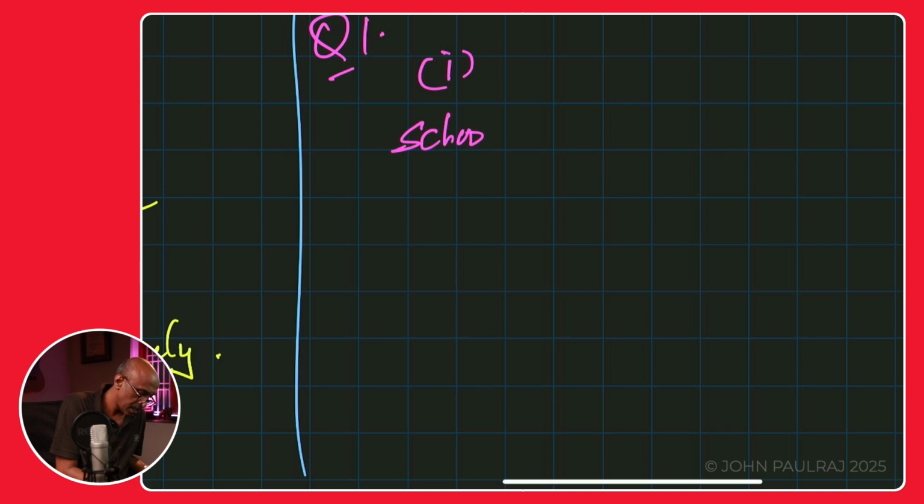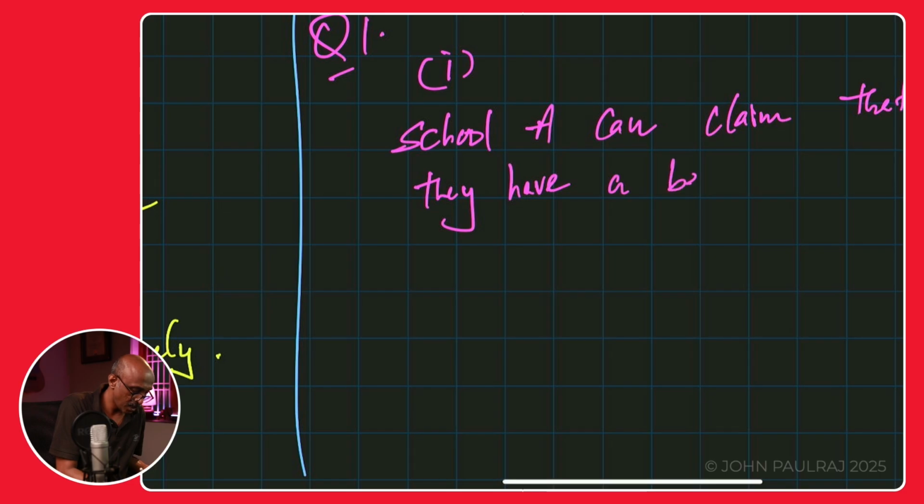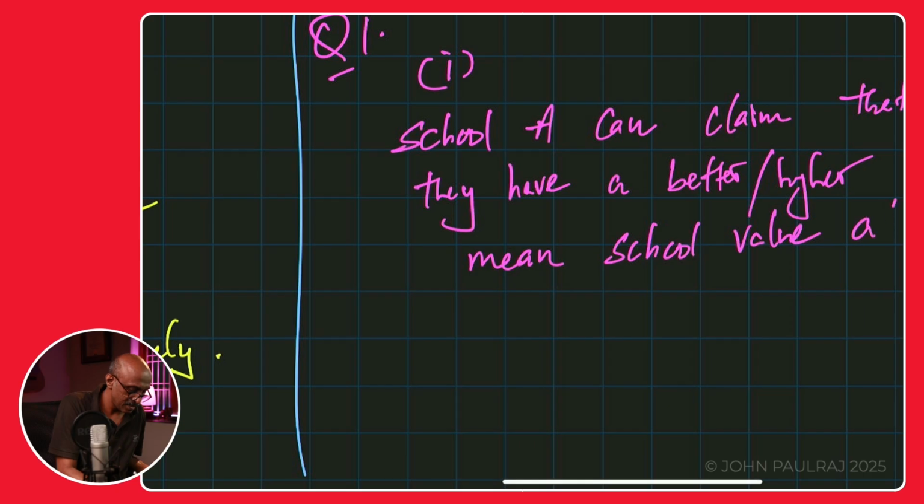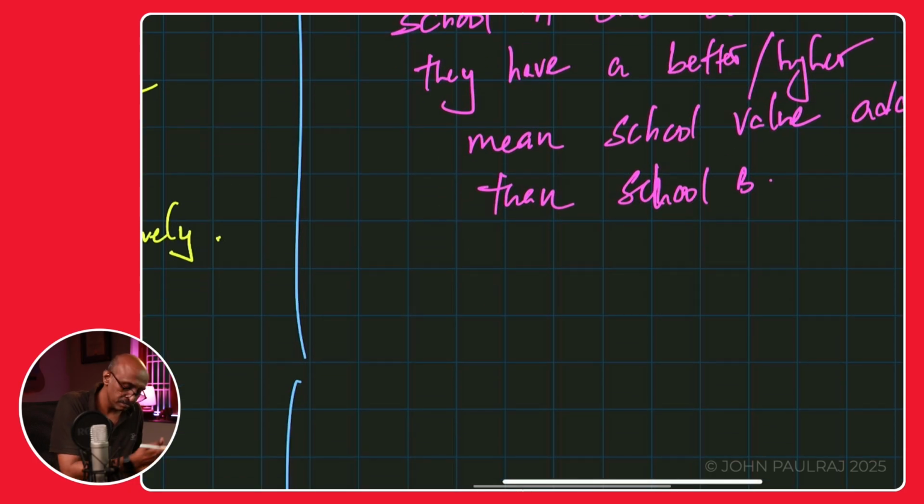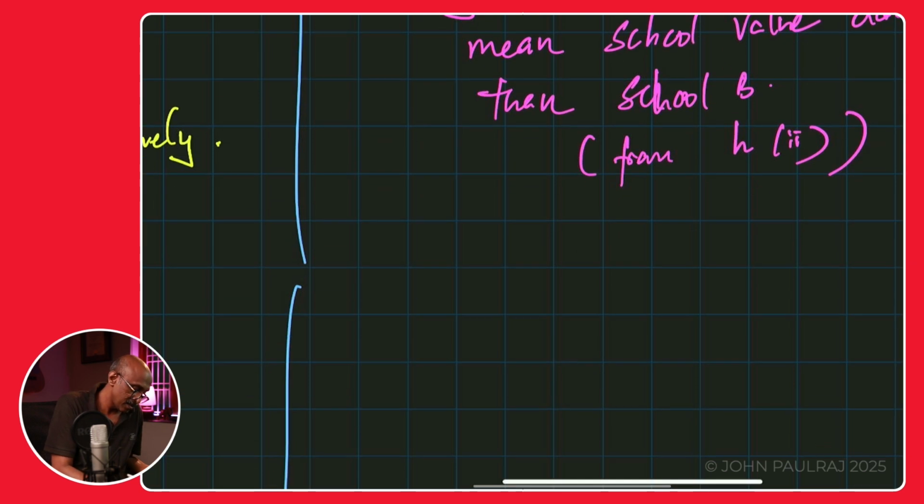School A can claim that they have a better or higher mean school value added than school B. If you want, you can write that down also from H part 2. And school